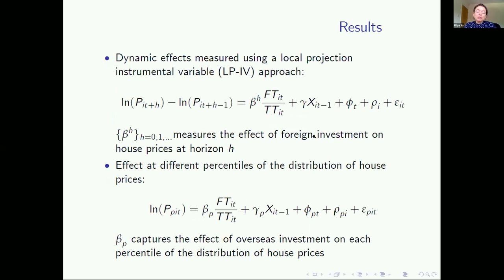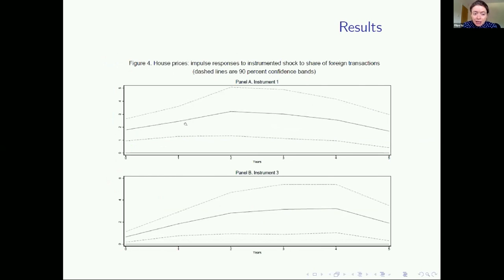Now, I want to see if the effects are persistent. So for that, I use local projections, and so I can see the effects at different time horizons. If I do that, you can see that the effects are actually quite persistent. They are significant even 5 years after the shock. So if you think about an inflow of foreign capital, even 5 years after, you will still see an effect